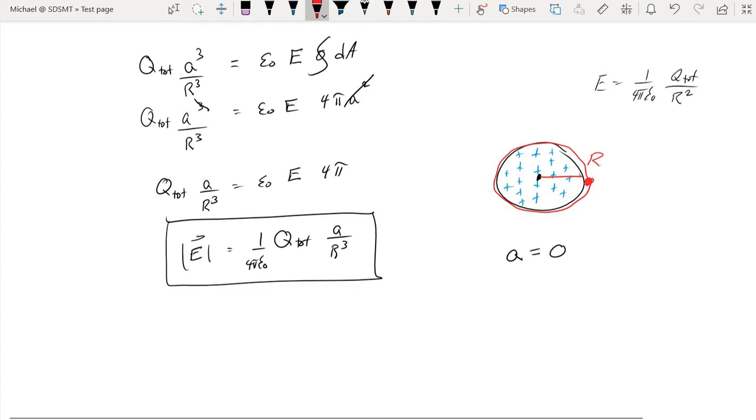But let's see what happens when we let A equal R. If we do that, we get R over R cubed, which is R squared, and yep, that's exactly what we get. We're back to the point charge. And this is an important outcome because whenever we have any kind of expression that is supposed to describe what is happening in the system,